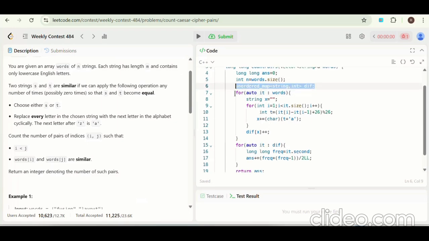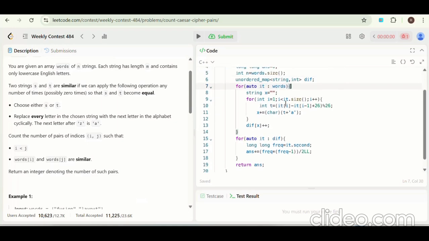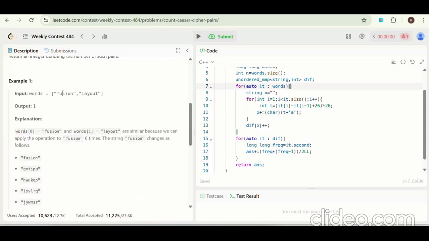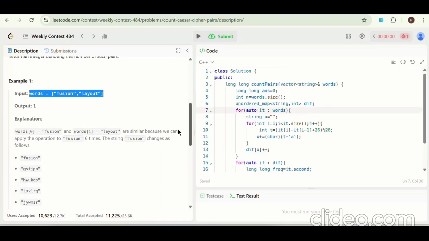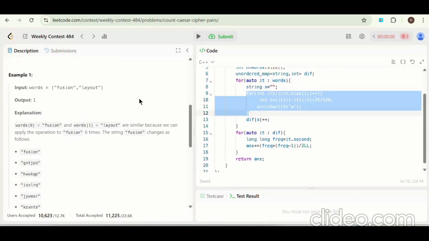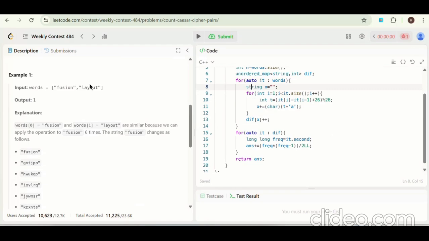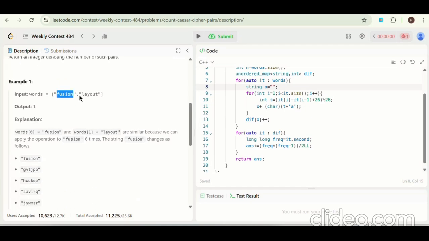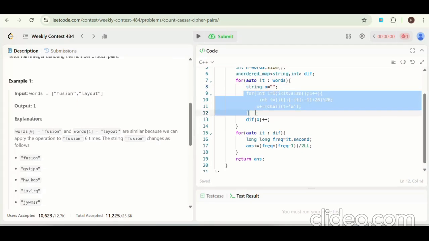So we'll traverse through words, and like we have seen in this example, we are traversing through this words vector, and inside of that we are traversing through the elements of that word. So in our case, at the 0th index, the element is fusion. So what we will do,